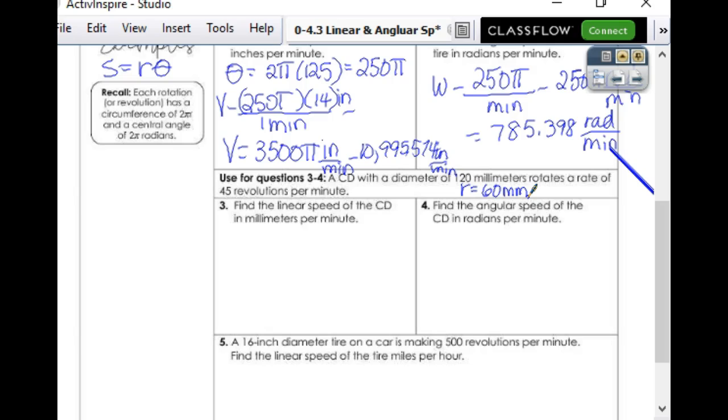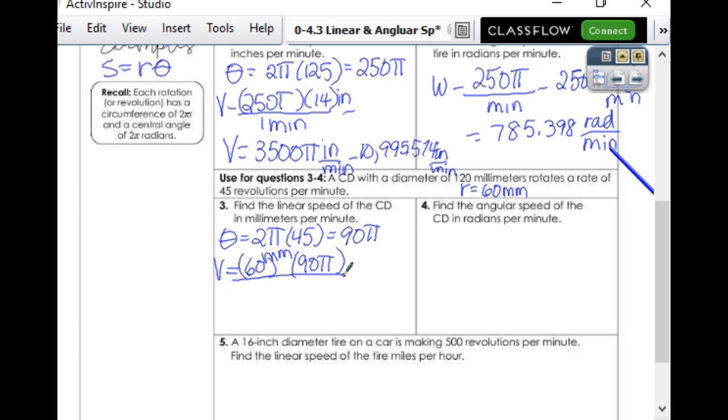Every single time, find theta, and theta is going to be 2 times the number of revolutions, and the number of revolutions is 45. So I get 90 pi. So now I'm ready to use that, and I'm going to put it in the r times theta, and we found the r was 60 millimeters. And then times 90 pi